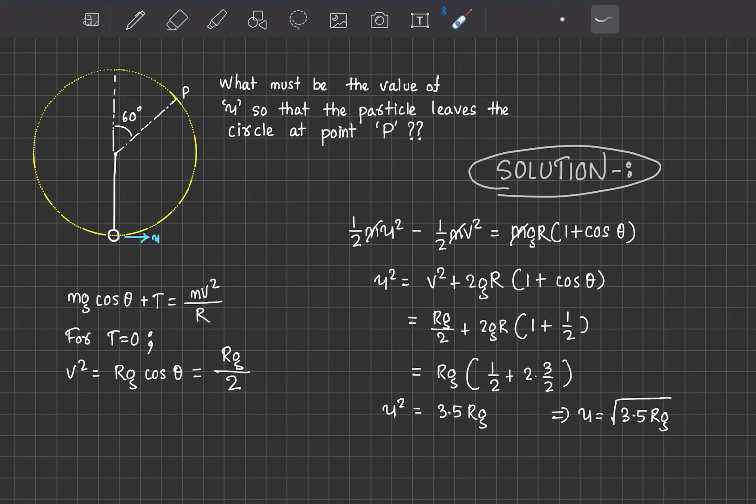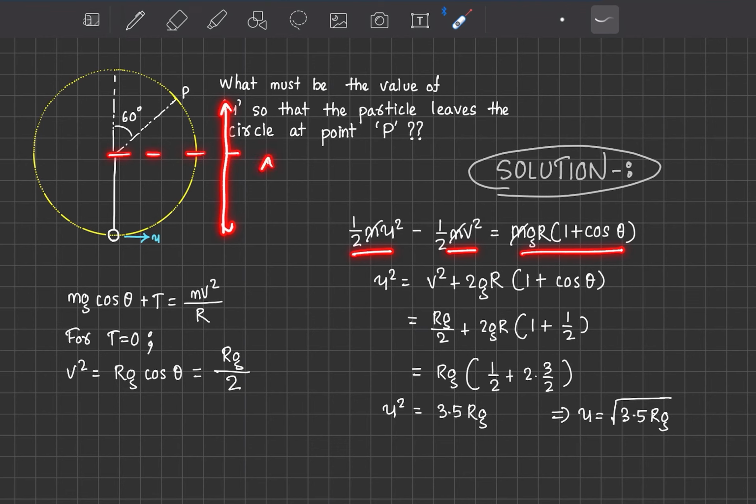Now to solve this problem, as it is leaving contact at that point, our condition is that tension must be equal to 0. So at this point, if I draw the free body diagram, we get a downward force mg. Let's say this angle is theta, so in this direction I will get mg cos theta, and also tension T. So our equation becomes mg cos theta plus T equals mv square by r. And if we want to relate the velocity here, which is u, and the velocity here, which is v, we use this equation, half mu square minus half mv square equals mgh,